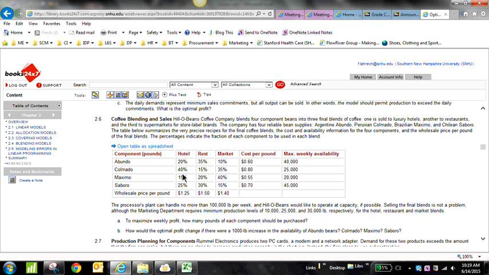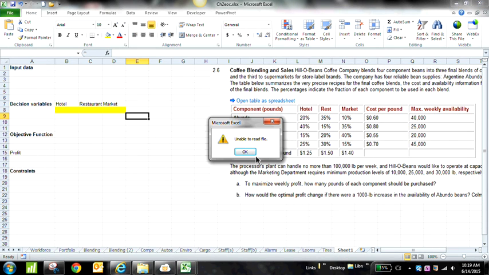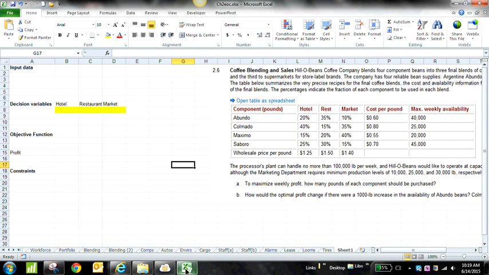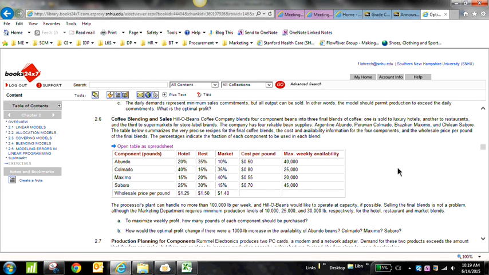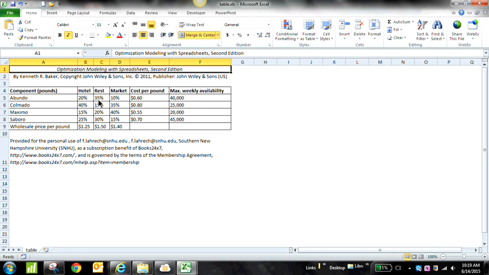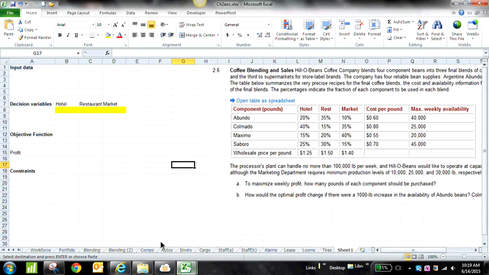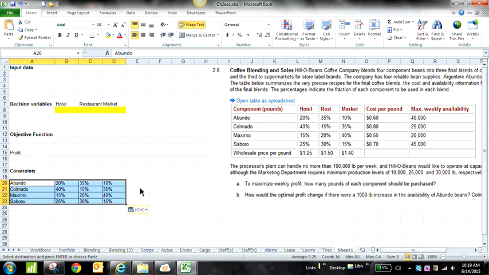Let me do something here very quick. If I click here, that will give me a set of information. This is the information that came with the exercise. What I'm going to do is take this exact same information that you see here, copy just this portion, and dump it right here under the constraints. The reason why is because